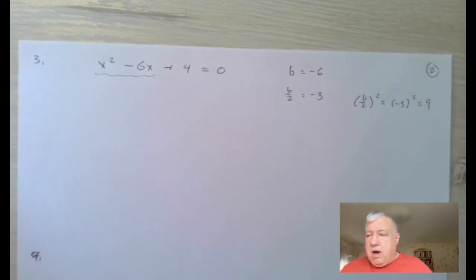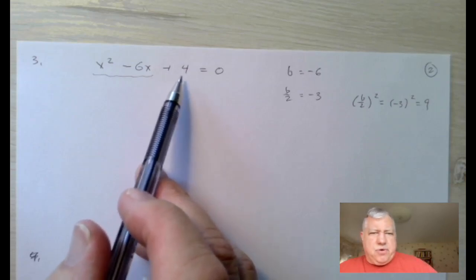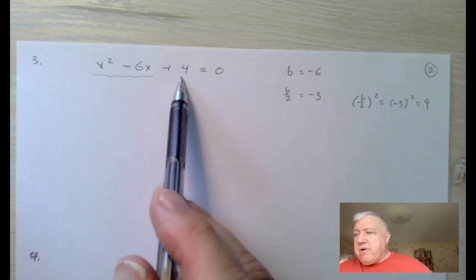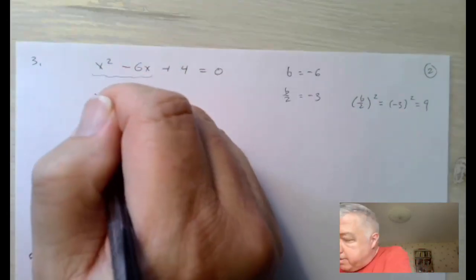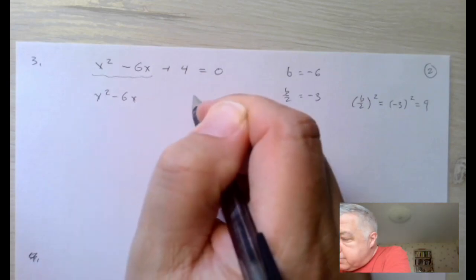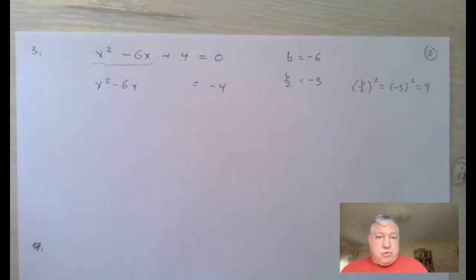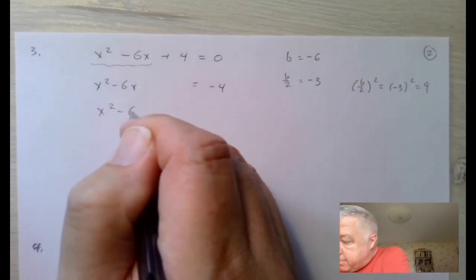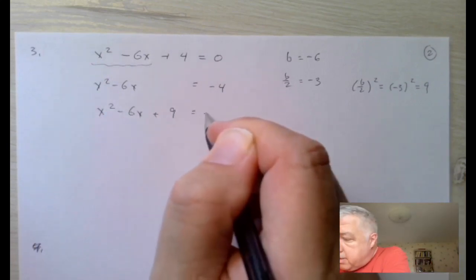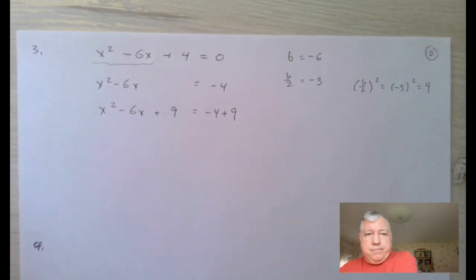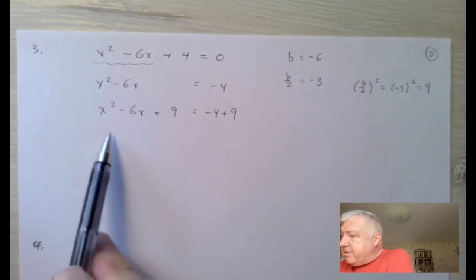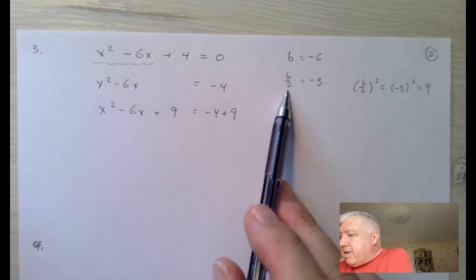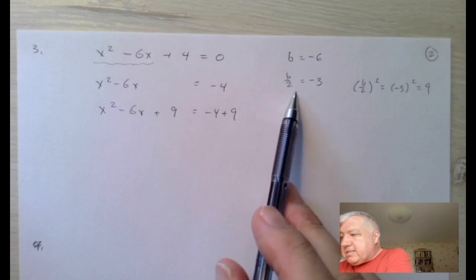Okay. Now, notice that there's already a 4 over here. So what I can do, depending on what you want to do, I'm going to just take the 4 out of the way here first. And so I subtract 4 from both sides. Now I'll add 9 to both sides. And now this then will factor as x minus b over 2. That's a x minus, let's see, so b over 2 is minus 3. So x minus this will be,